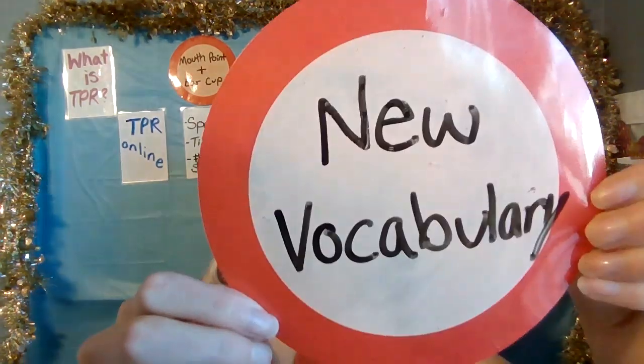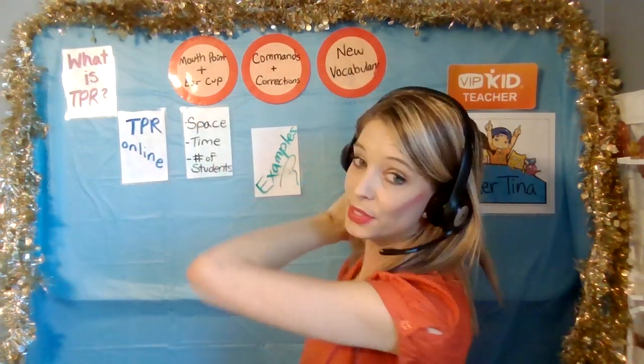And the other thing that's really, really good, an example, is new vocabulary. So it's really helpful if you introduce new vocabulary using TPR. So for example, let's say that you are introducing some snack foods, right? And of course they have the pictures on the screen, but you can also do TPR so they get used to it. So today I had one of my students, he was learning about snacks, and we came to the word popcorn, and he wasn't sure what that was. So I held my barrel of popcorn and I was doing that,